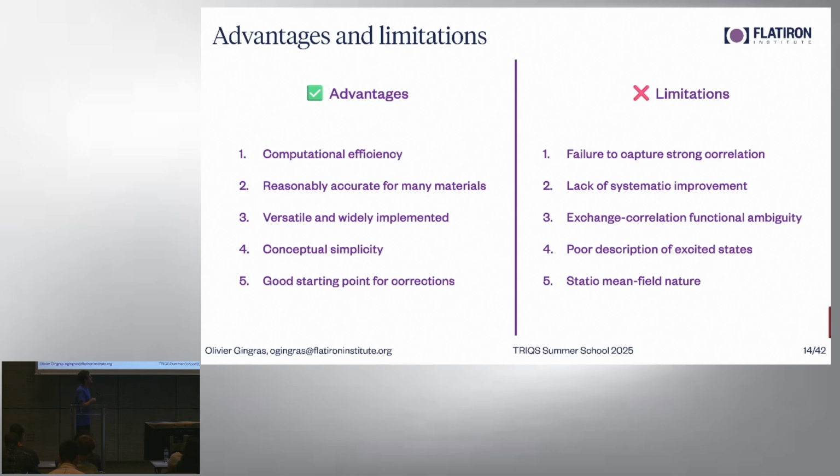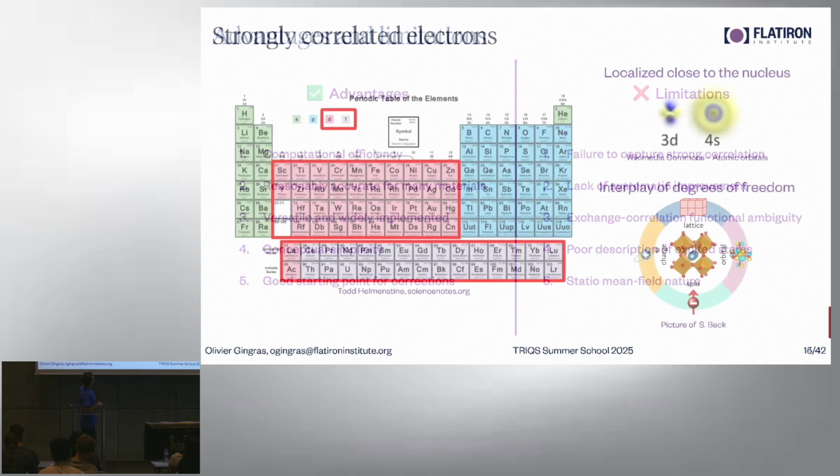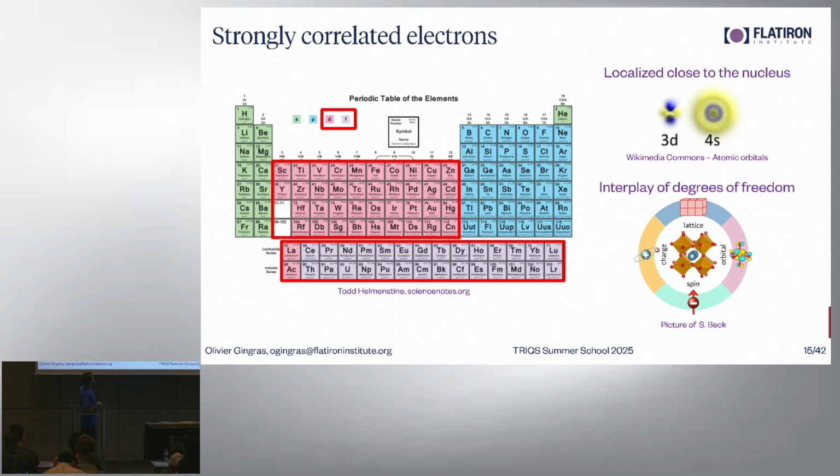Again, it's poor in describing excited states. I told you it's because of the origin of the eigenvalues, which are just Lagrange multipliers. And its static mean-field nature doesn't capture correlations and excited states very well. That's why we want to correct it, and correct it in particular where it fails, which is when there are